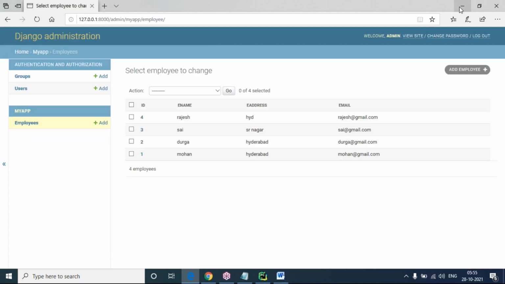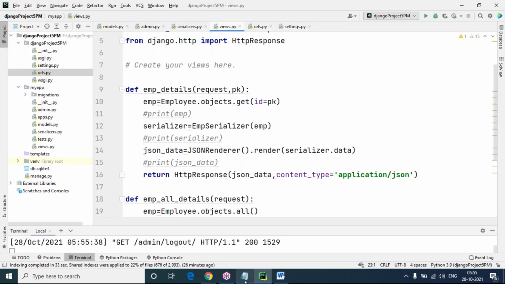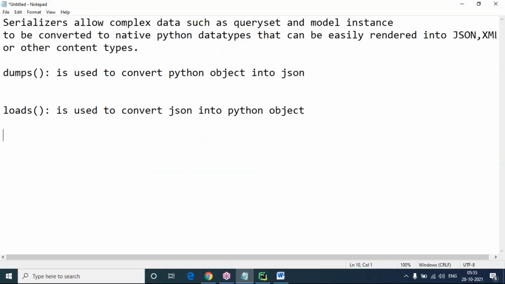Let me log out. This is the admin panel, not required now. The other application can be a Python application, or any application, a Java application or a mobile application. From that application, when a request is sent, it can hit a URL like this and immediately access one record within their application. So that's what I'm saying: the purpose of a Django REST API is application to application interaction. Here I have created one API, and I'm going to use that API in my application. So how to use this one?